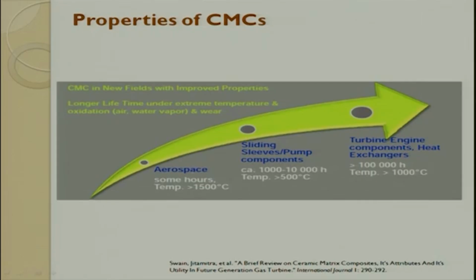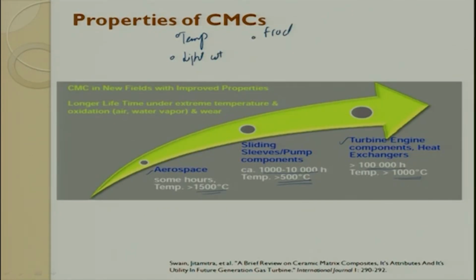The ceramic matrix composite is exhaustively used in the aerospace industry and turbine engines. In an aerospace engine, the temperature we talk about is above 1500 degrees Celsius, here it is above 1000 degrees Celsius, and in turbo engine components or heat exchangers it is expected to work for 10,000 hours. Okay. And in a sliding sleeve or pump components, the temperature will go up to 500 degrees Celsius, and the working hours are from 1000 to 10,000 hours. So here we are looking at properties which can withstand higher temperature for longer, which is light in weight,